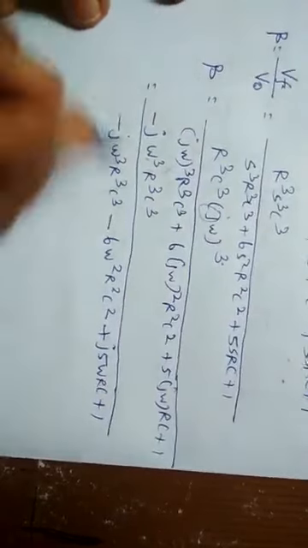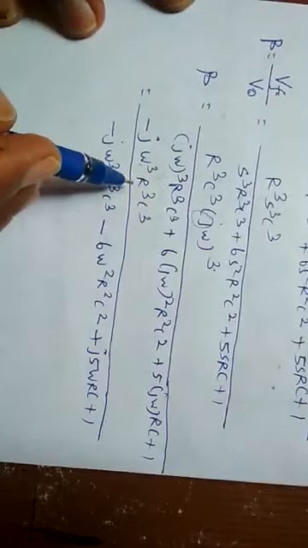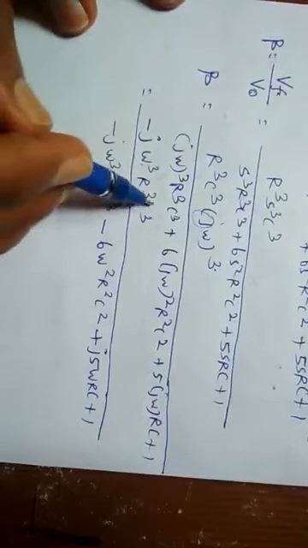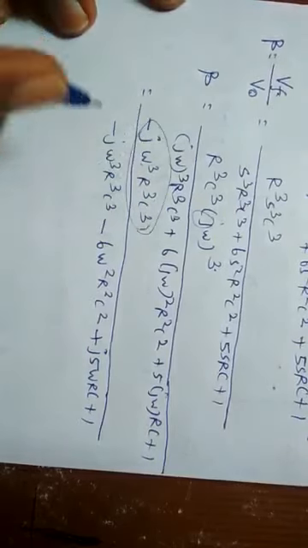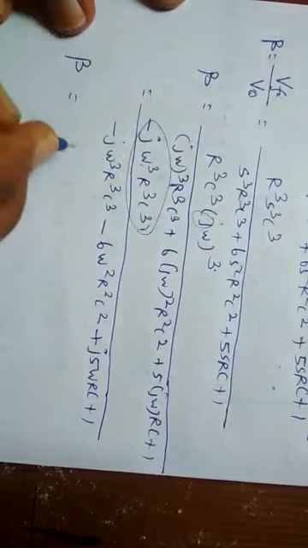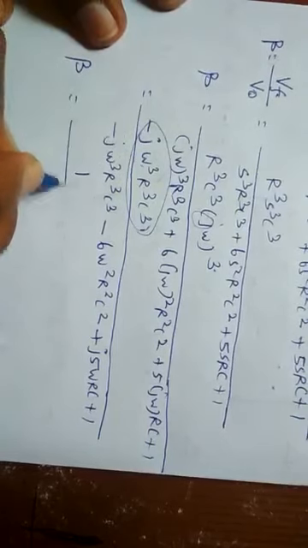And if we divide numerator and denominator with this term, we'll be having beta equals to 1 by,